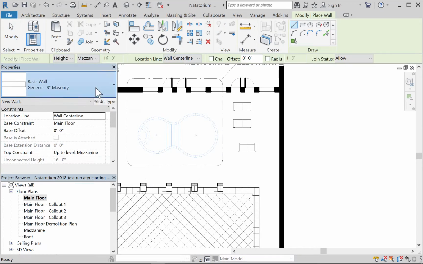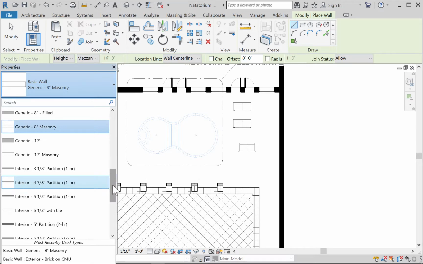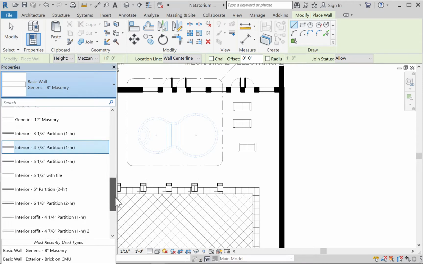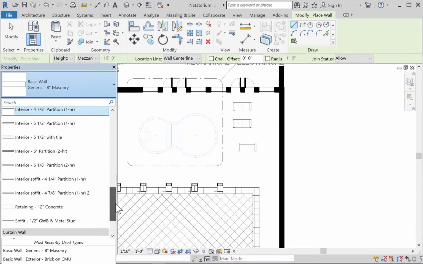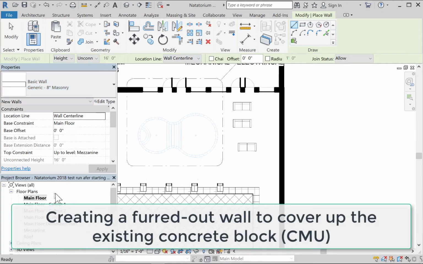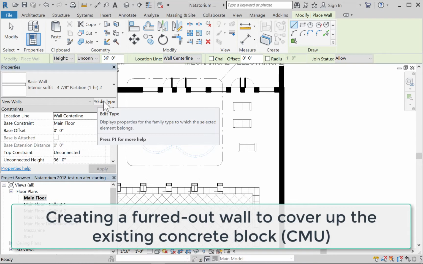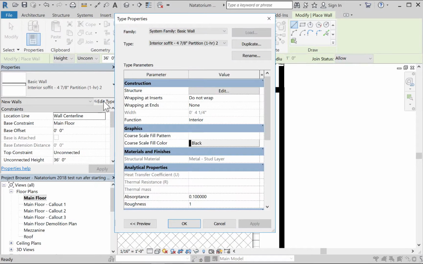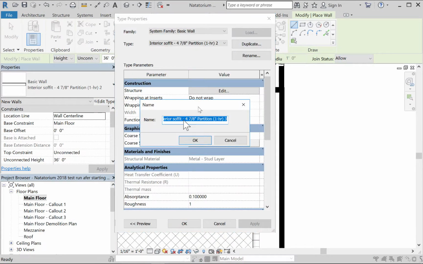Okay. Now, in our case, we're going to make this be as realistic as possible. Let's find a wall that we can start with. Maybe 4 7/8 is kind of your standard one. I'm going to edit this wall and duplicate it. Okay. And what is this one? Interior soffit. This is a wall type. All right, whatever. And we'll name it